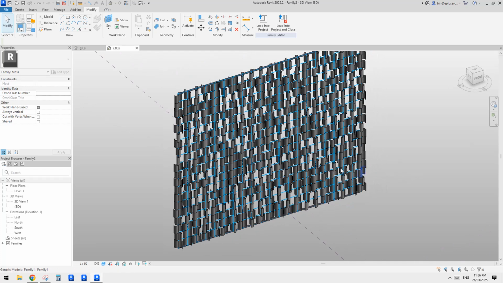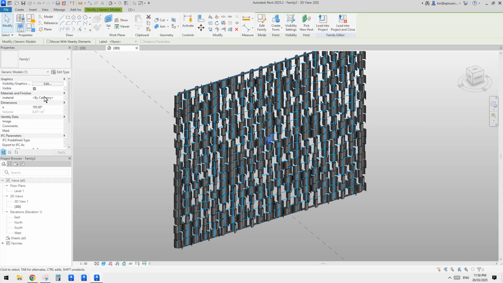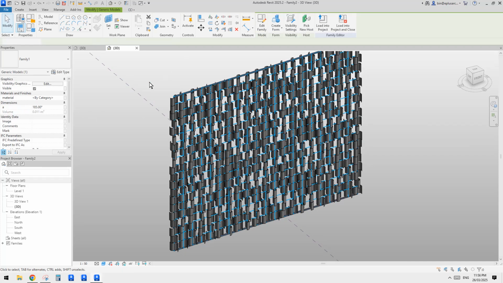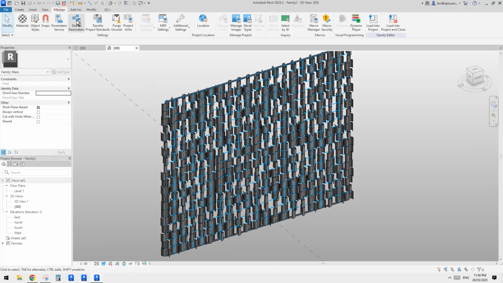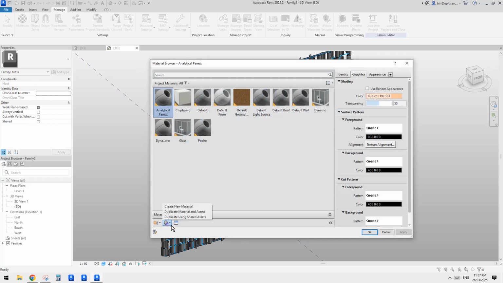Maybe we can do material as well. Currently we don't have any material. For example, I want to have 3 different materials. So we first need to create some materials in the material library, right? How about we just create some? I'll rename this one, maybe call it